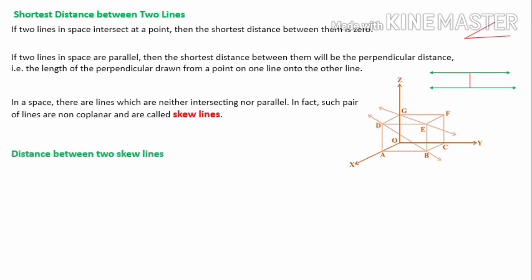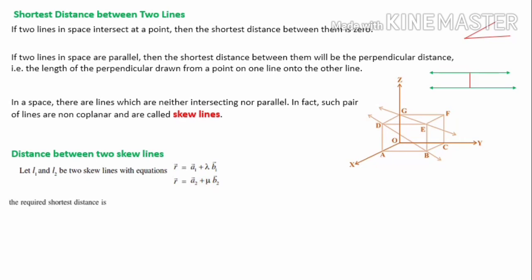Let's go for finding the formula for distance between two skew lines. Here the derivation is not required, so just giving the formula only. Let L1 and L2 be the two skew lines with equations R = A1 + lambda B1, and R = A2 + mu B2. When you get a question, you must quickly identify in which form it is. This is point parallel form, meaning passing through a point and parallel to a vector. That is, vector R = A1 + lambda B1, and again vector R = A2 + mu B2.